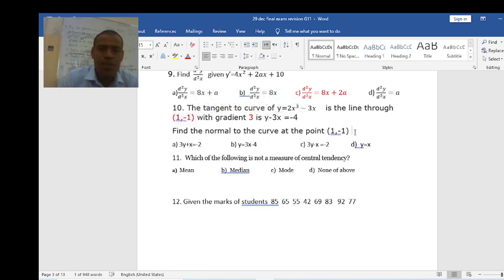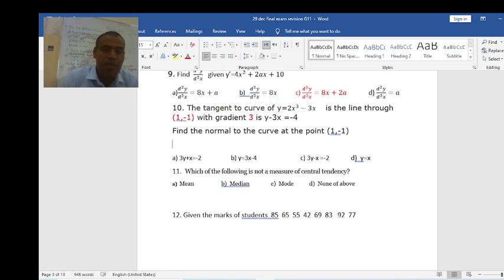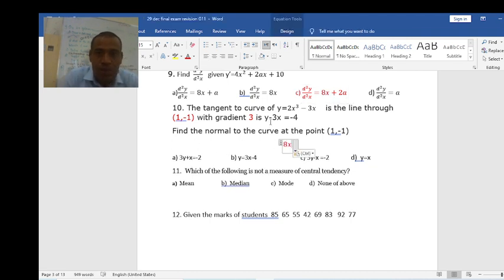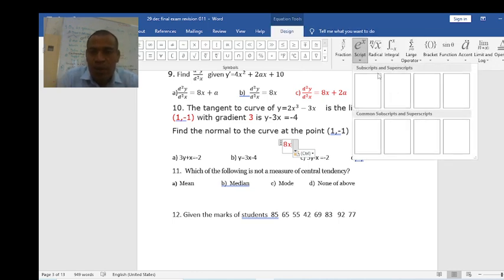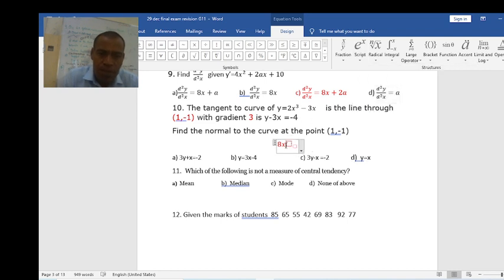So here, my learners, I'll just write this one. I want to insert some symbols. So I will write y1. Here I will write y minus y1 equal